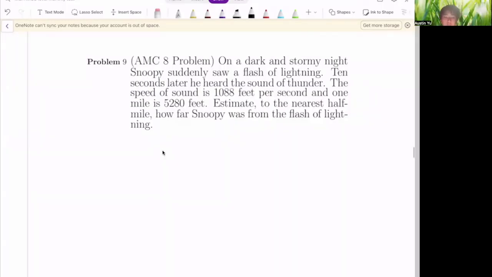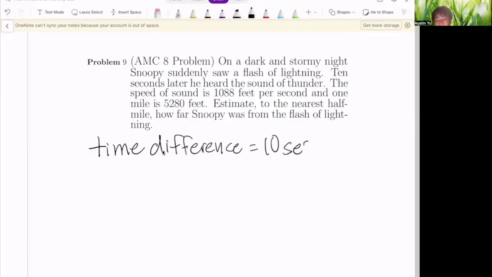So first we know that the time difference is 10 seconds. And basically, what this means is that from the time there is a flash of lightning to the sound of thunder took 10 seconds, because there is a difference between the sound of thunder, which is typically slower than seeing a flash of lightning. So therefore, from the time Snoopy saw the flash of lightning to actually hearing the sound of thunder, it took